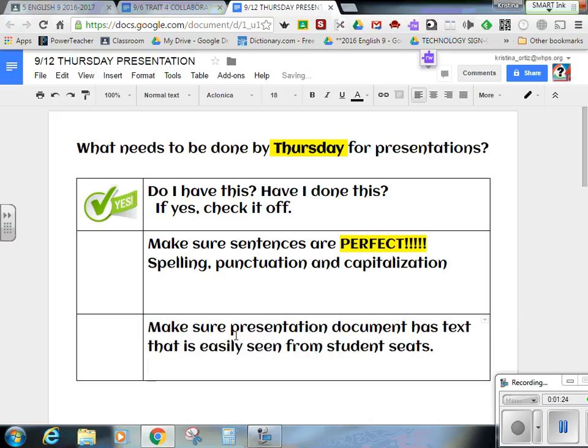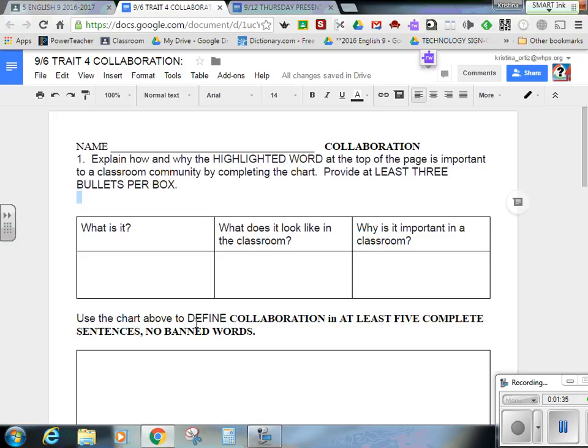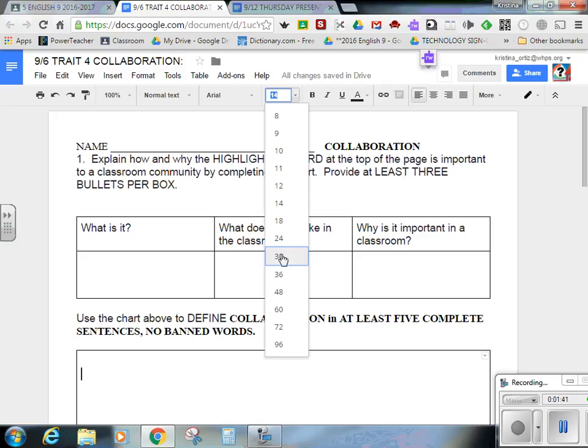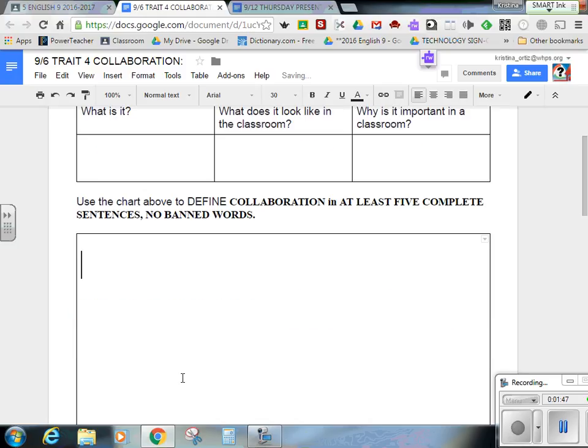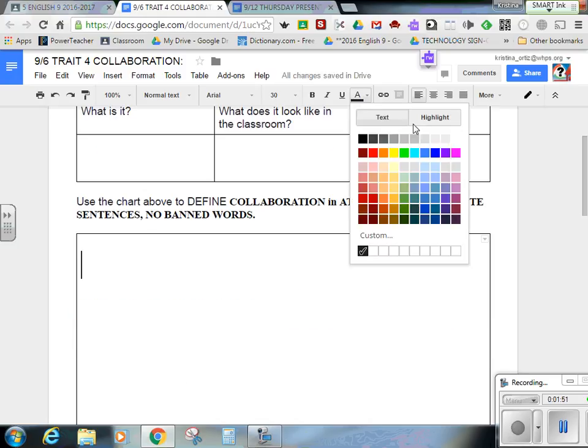Next thing you want to make sure is that the document has text that is easily seen from student seats. That doesn't mean you have to create a new document. It just means that you're going to edit the document that you worked on so that the font size is large, so that people can easily see it, and you can just highlight the text you already have. You can change the color of the font, especially if you want to remind people of what they're responsible